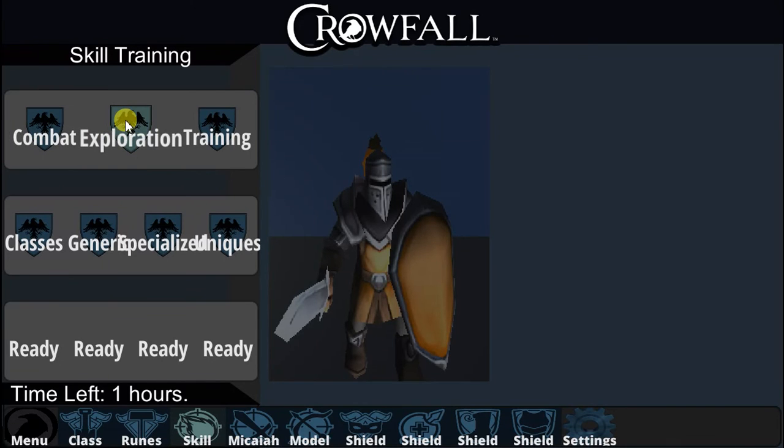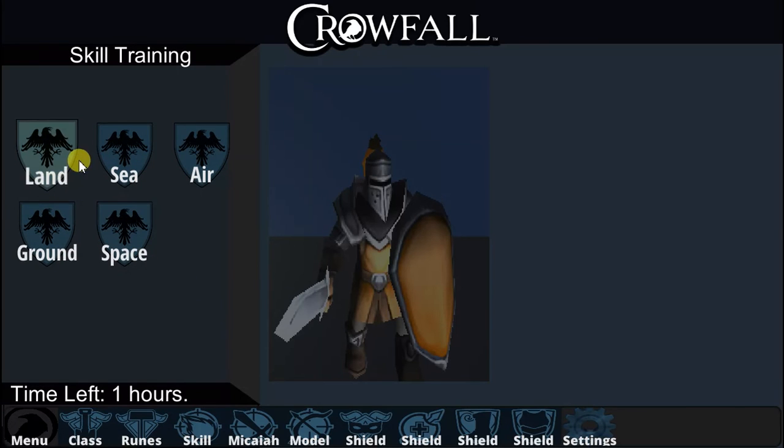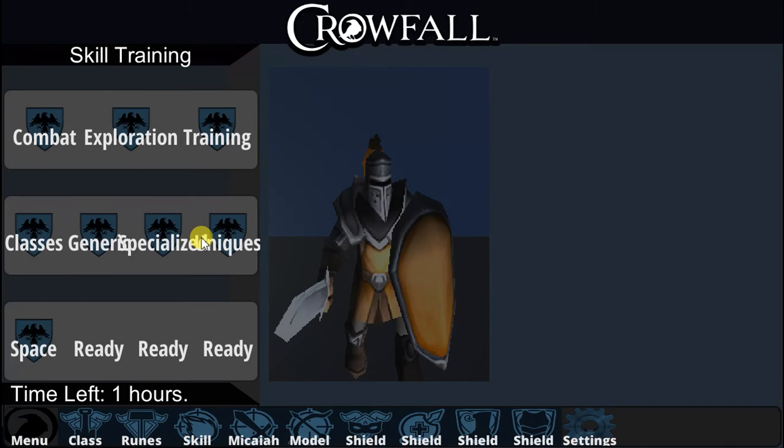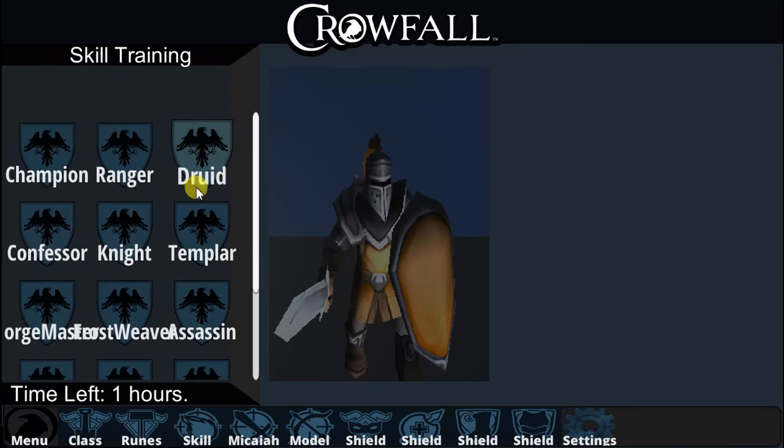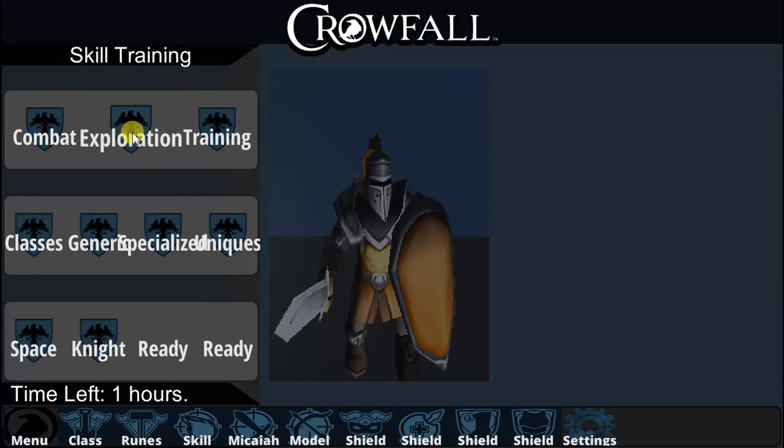Anyways, I believe one of these is the crafting system. I always go great for the crafting. It's what I love. Anyways, we can go in here, and we have these various sub skill trees that you can train, and then we can tap on space, and that will add it to our train queue. There's some secondary stuff going on, but it's just meant to showcase that we can go in, select different skills, add them to the queue, and then we can actually go into the classes as well, choose the knight,